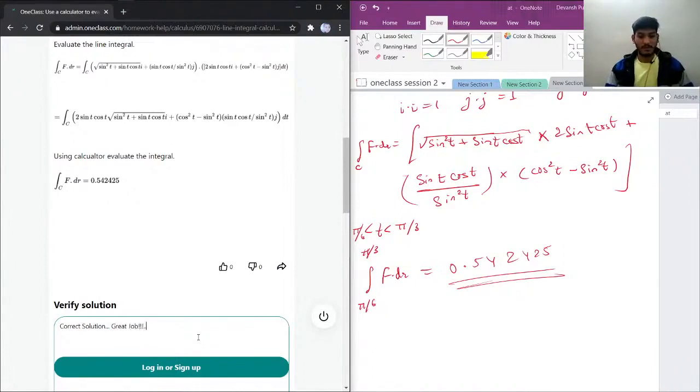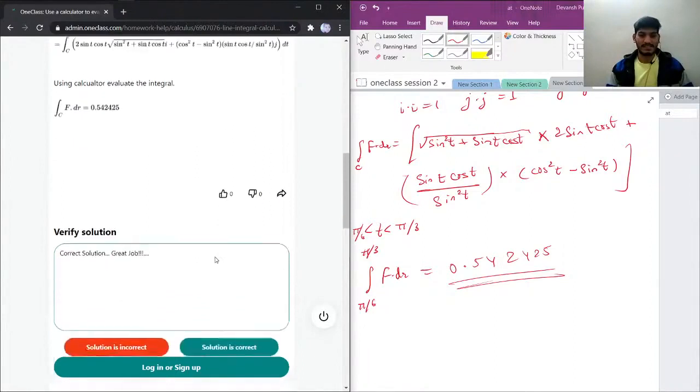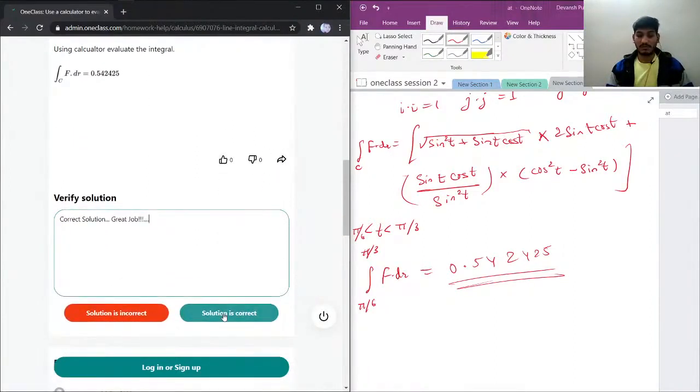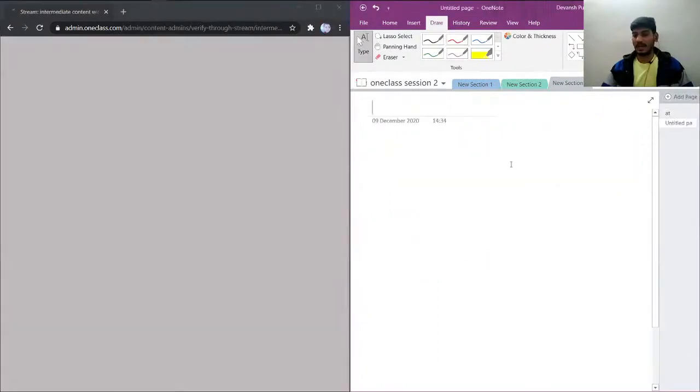This question took a lot of time because questions like these take some time to solve. This was not a short question, and if we did not have any calculator, then it would have taken a lot